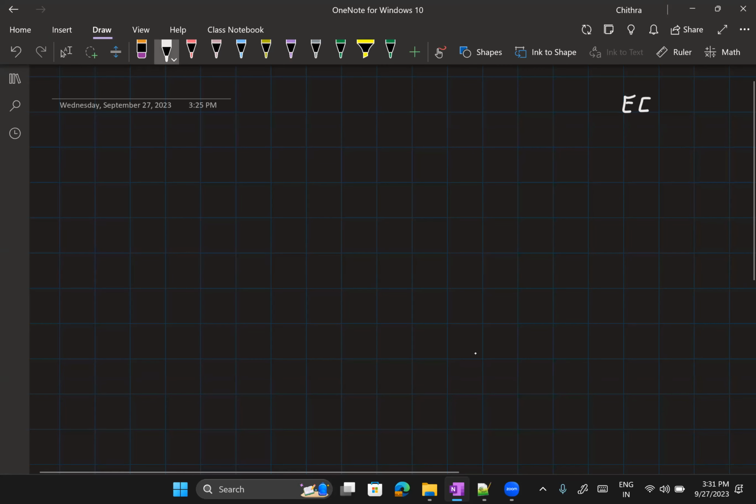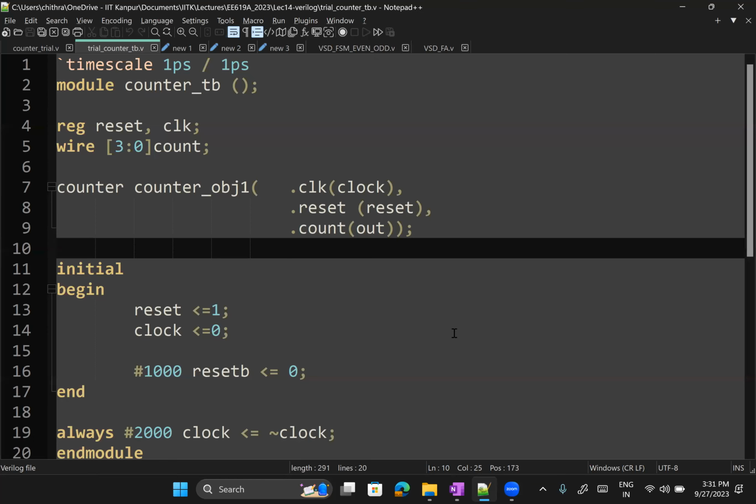This is EE 619, lecture 15. So we have already seen how to write a module for a hardware, how to write a Verilog